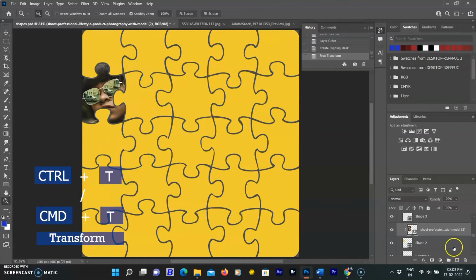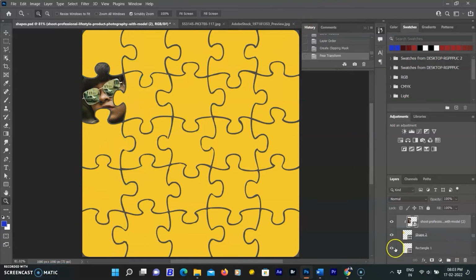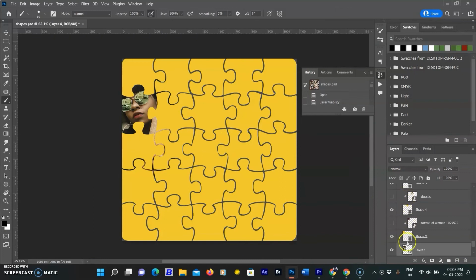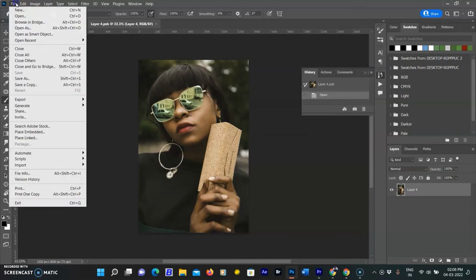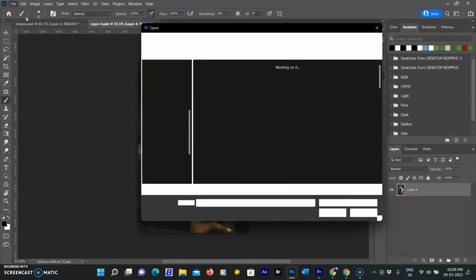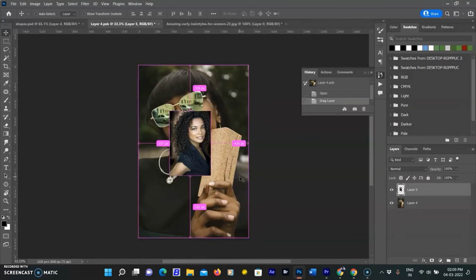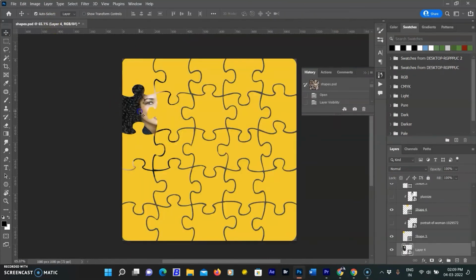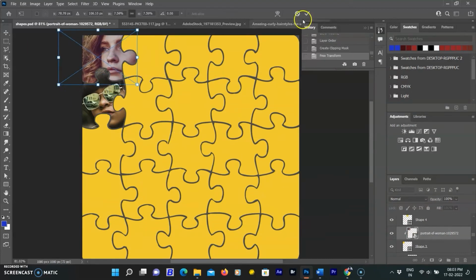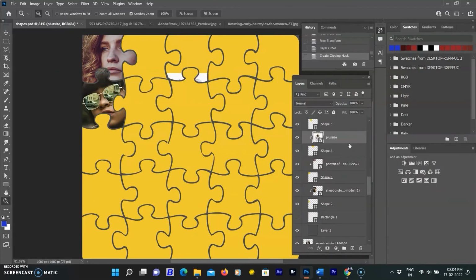All the images are added as smart object layers. By doing so, you can change any of the images just by clicking on the smart object icon. As you click the icon, a new document will open in PSB format and you need to add a new image here and save it by using Ctrl plus S in Windows or Command plus S in the Mac. By saving this document, your mosaic will be updated automatically. We have to repeat the same step each time we add an image to a shape.